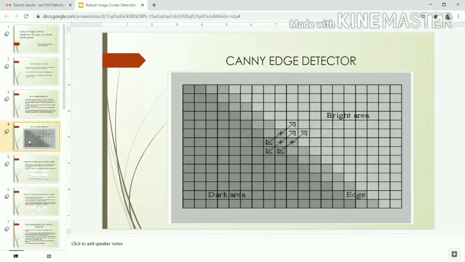When there is a 45 degree or 135 degree edge with uniform areas on either side, the non-maximum suppression produces a thick edge. This problem is caused by the fact that the gradient direction of the edge point points to non-edge pixels. This can be seen in the figure. The edge points which are examined during non-maximum suppression do not see the neighboring edge pixels due to the 45 degree or 135 degree orientation. This problem is solved with a small addition to Canny's edge detector algorithm.